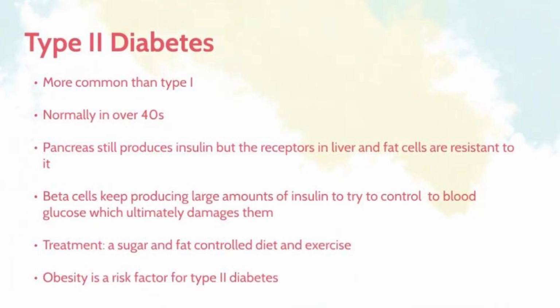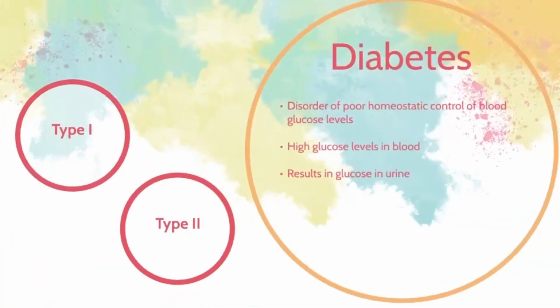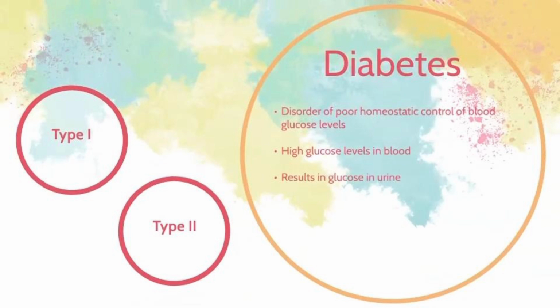So another key thing about diabetes is that if people are not controlling their diabetes properly, they can get very high blood pressure, and that is because if there's more glucose in the blood, then the water potential of the blood is lower, which means more water will go into the blood from the tissues via osmosis, and that means that there's more volume within the blood, which causes the blood pressure to increase. So that's often a sign of diabetes,